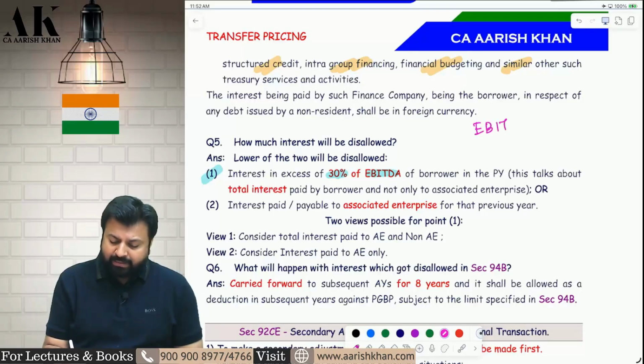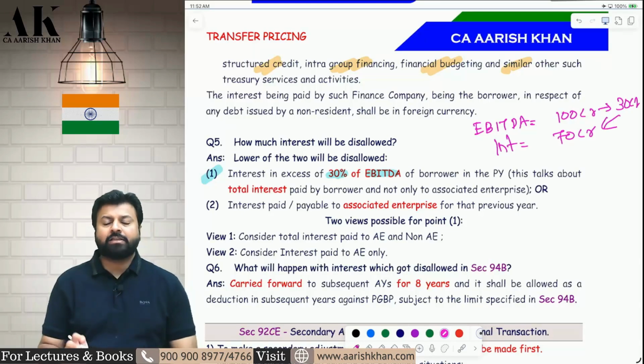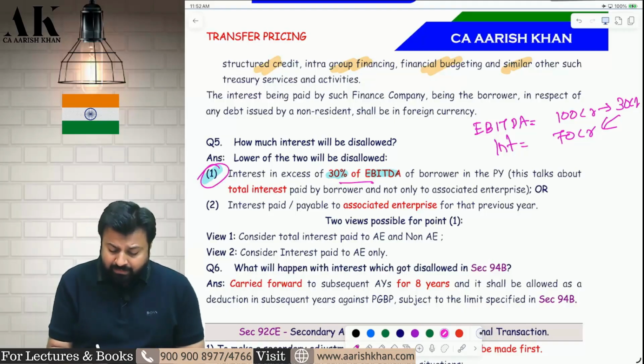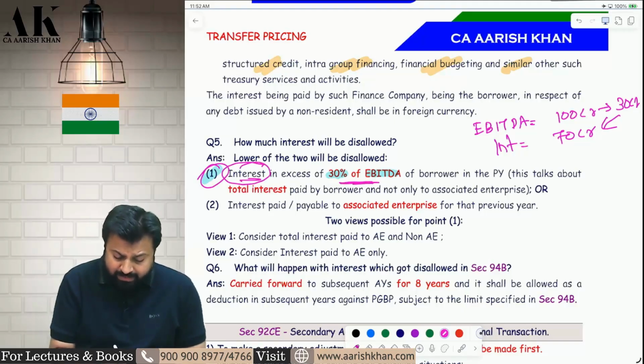EBITDA is how much? EBITDA is 100 crore. And your interest is how much? Interest is 70 crore. So 30% of 100 crore is 30 crore. So how much is excess? Excess is 40 crore. That will come in point number 1. Now the issue is in point number 1, when we compare the 30% of EBITDA with interest,